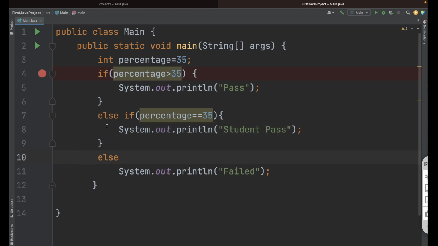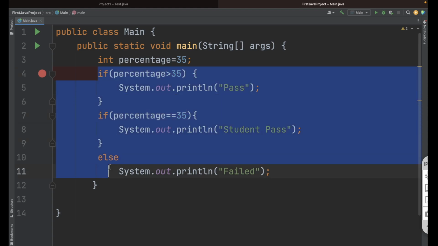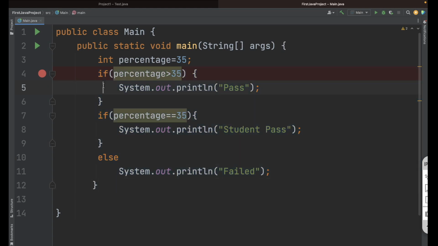Now see, whenever you are using else if, the same thing you can write this way as well. So if percentage is equal to 35, see the working of this way. See here what I did, very first I wrote one if condition where it is checking whether your percentage is greater than 35 or not. So here my percentage is 35.